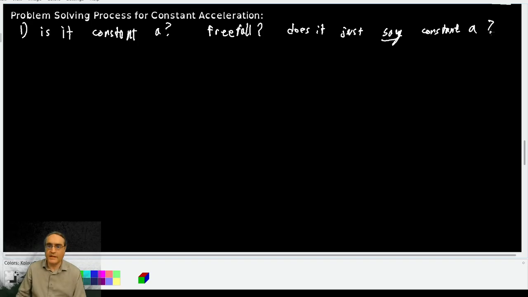Does it give acceleration as a singular value and indicate this is just what the acceleration is the whole time? So if it just says a is equal to some value, you could be pretty sure you're looking at a constant acceleration problem. All right, once you've identified that,